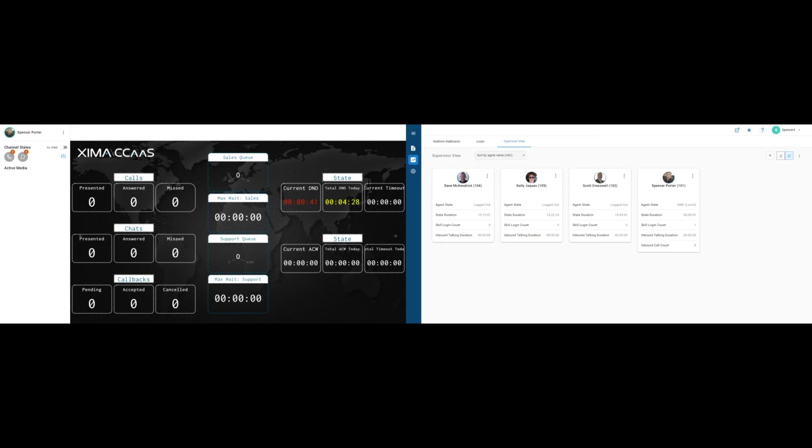Today's tutorial is going to show you what tools you have available as supervisor to manipulate your agent activity and your state, and to give you full visibility as to what your agent is doing and what you want them to do. So for context, I have highlighted two screens. The screen on the left is my Contact Center agent client. This is me as an agent signing in to Contact Center.